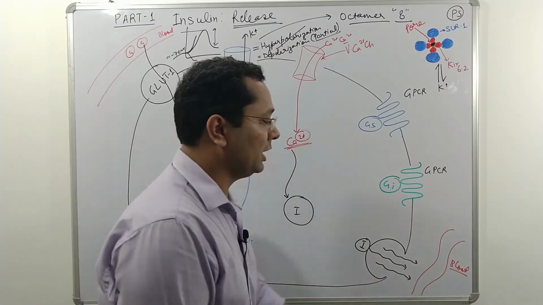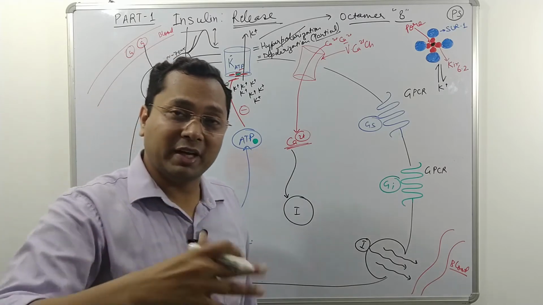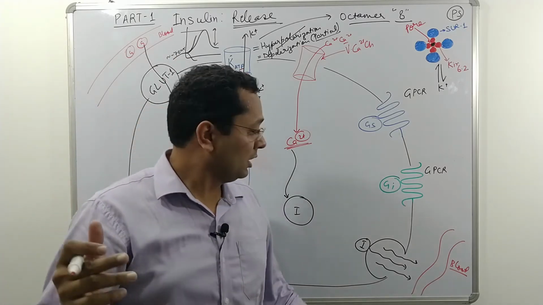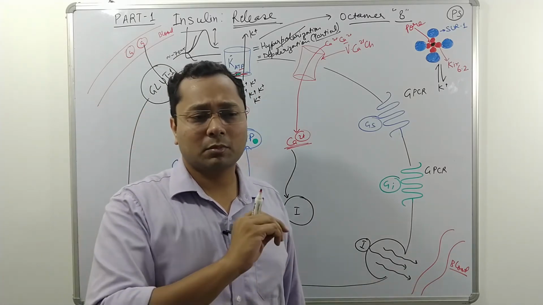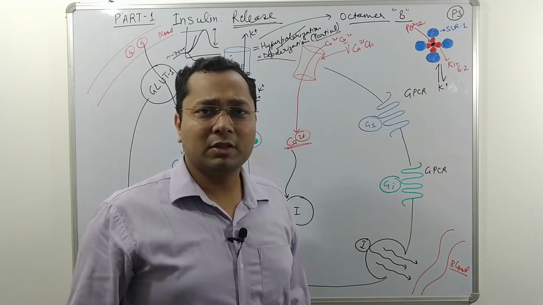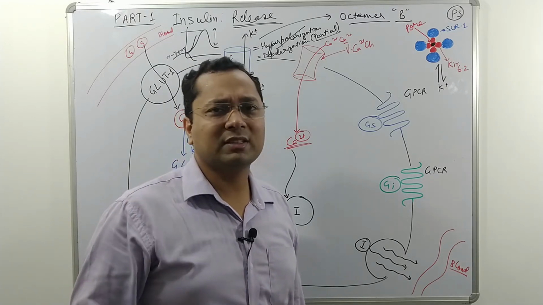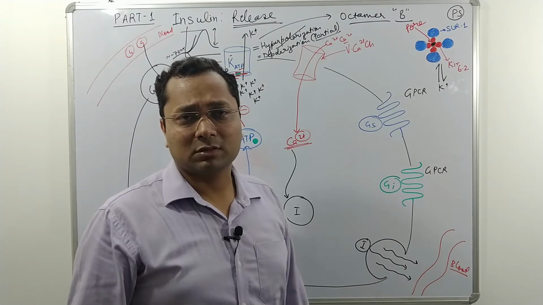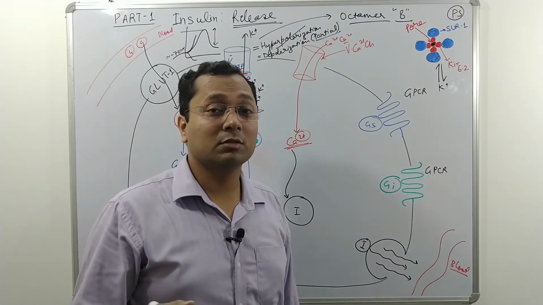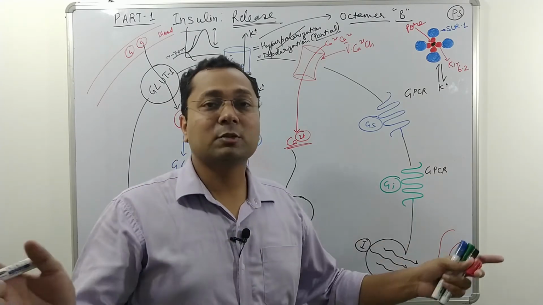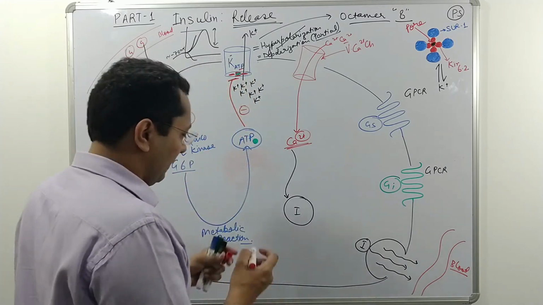Now this insulin is released into the bloodstream, and wherever there are insulin receptors present in the body, this insulin is showing its action. And everywhere in the human body, on almost every cell in the human body, we have insulin receptors. So this is the reason that release of insulin shows such a big spectrum of actions, correct?